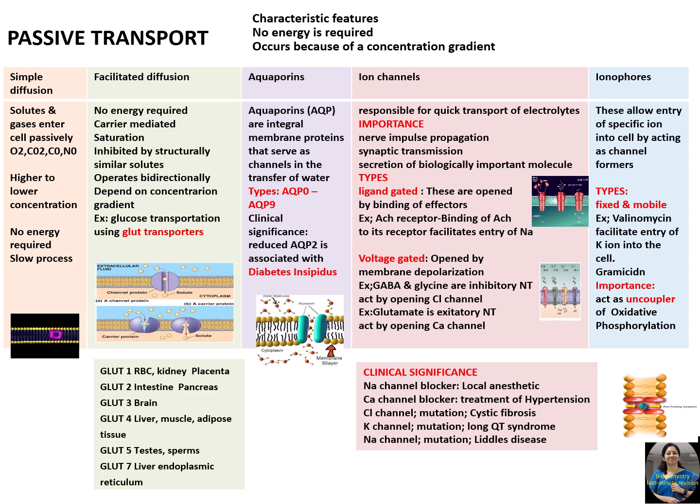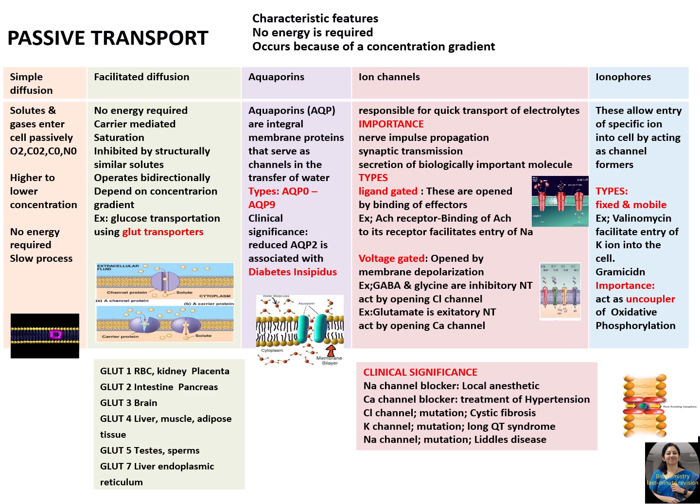Diabetes insipidus occurs as a result of defective aquaporin 2. Diabetes insipidus is characterized by deficient production of vasopressin or antidiuretic hormone, with polyuria and decreased specific gravity of urine. The next one are the ion channels, which are responsible for quick transport of electrolytes, and